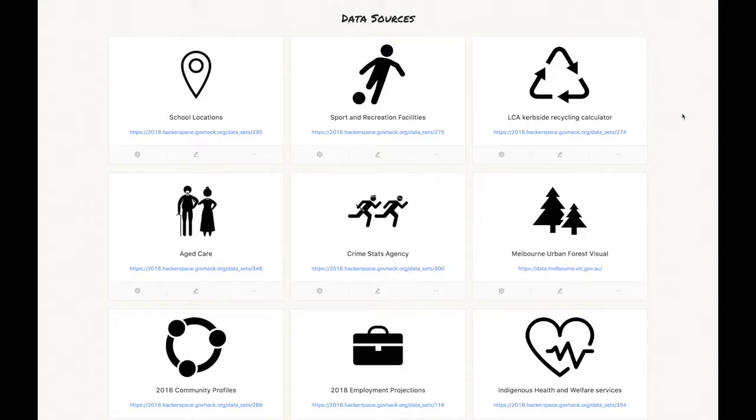So, what's the data story? Well, there are a lot of open data sources, but in many cases they're hard to link meaningfully. In our case, we took some of the data munging to find plausible dimensions in the data to allow linking. Things like geolocation of school locations and sports complexes was simple.